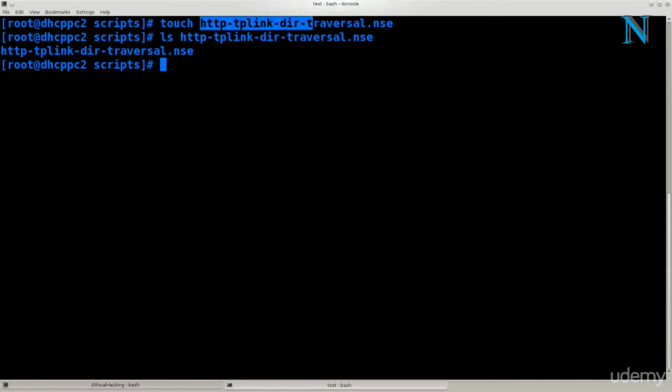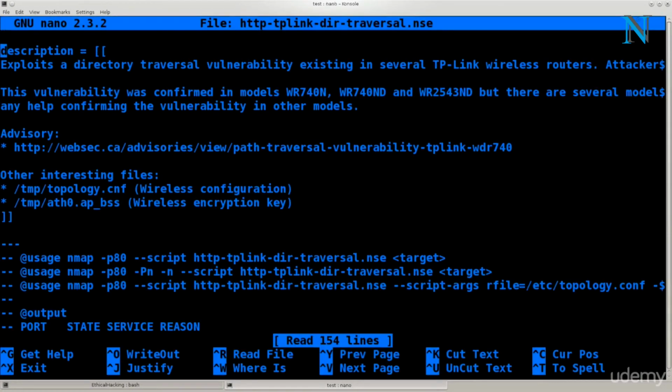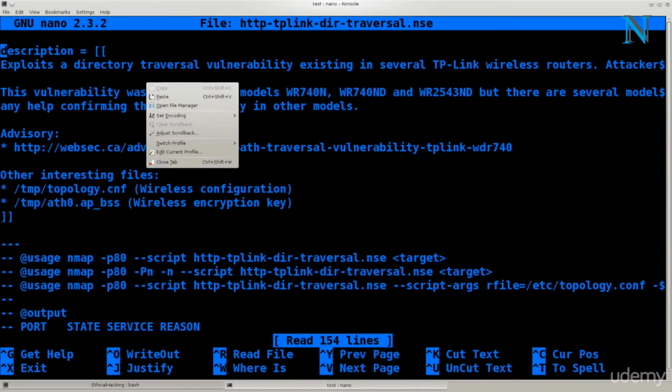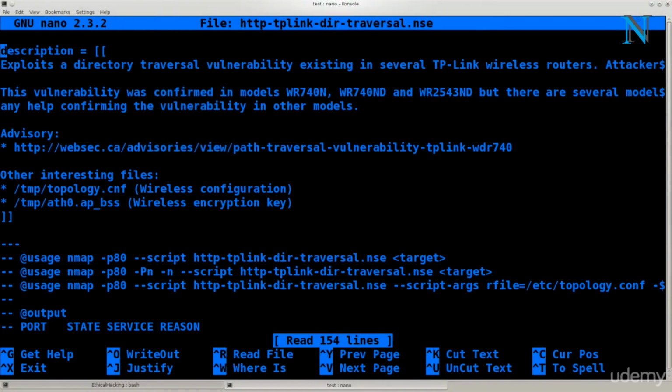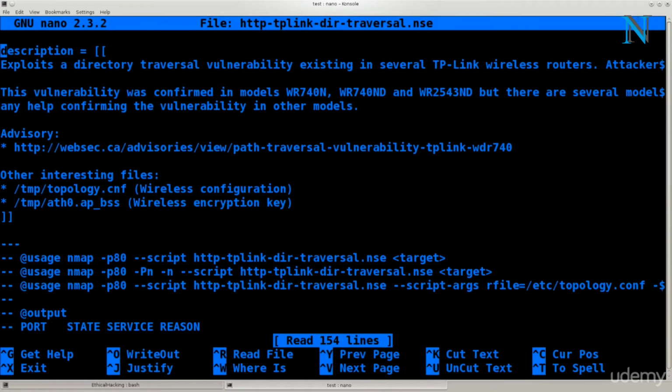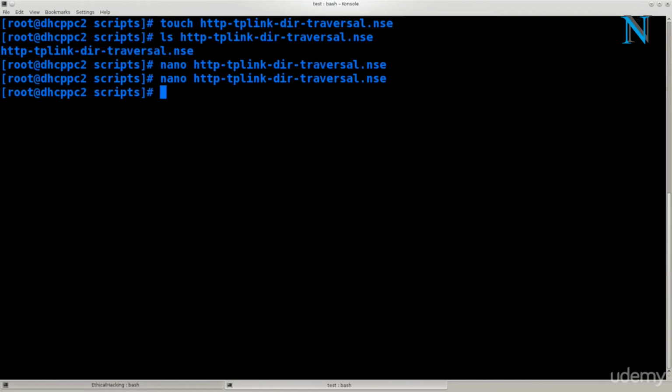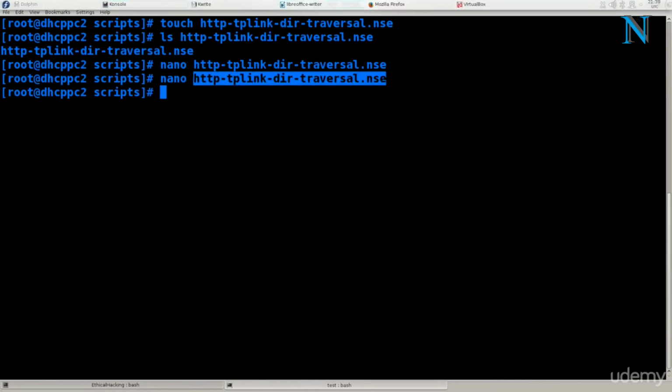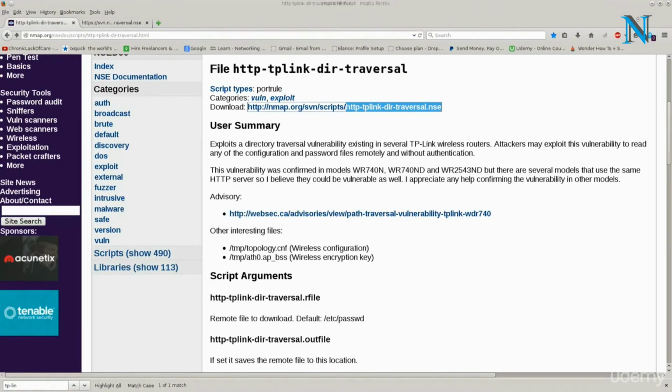Anyway, you would actually create it, or you don't even need to use touch. You can just use nano, the name needs to remain the same, and then I would just paste the code from the website into this particular file, the new file that I would create. So what you need to do is type in nano, name of the new file that you wish to create. This one is full, obviously, but I can delete all of this and copy that from the website. And that would be all that I would need to do. Make sure that the name is exactly as it says on the website. So you can grab the name of the script from here, no problems. Here I can just